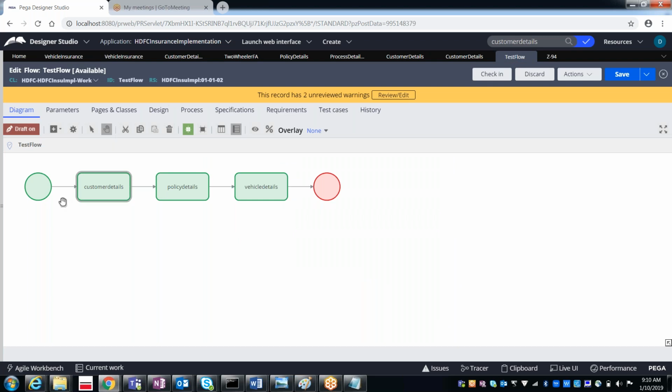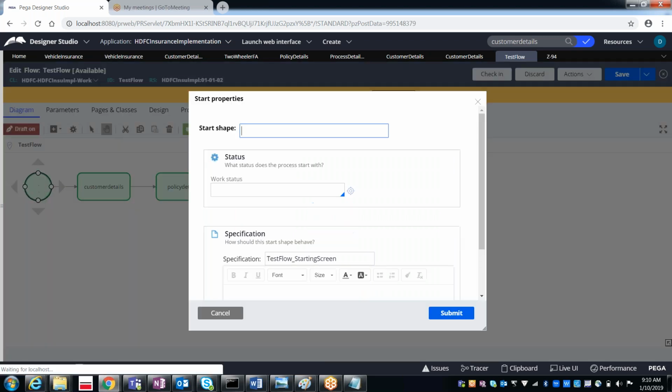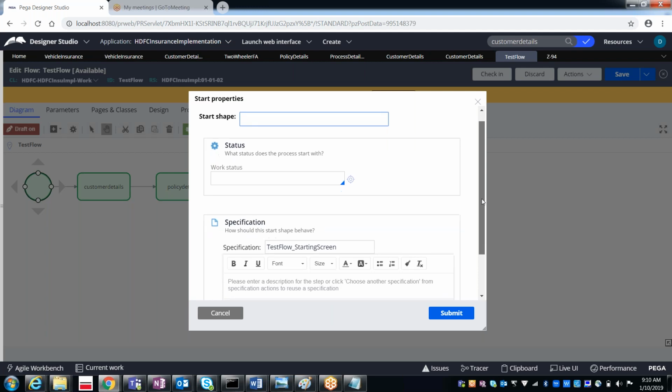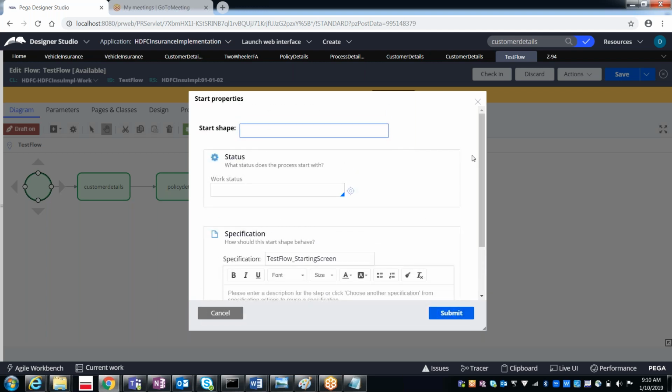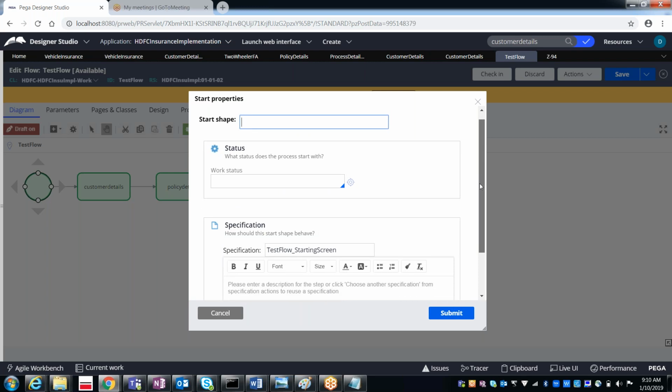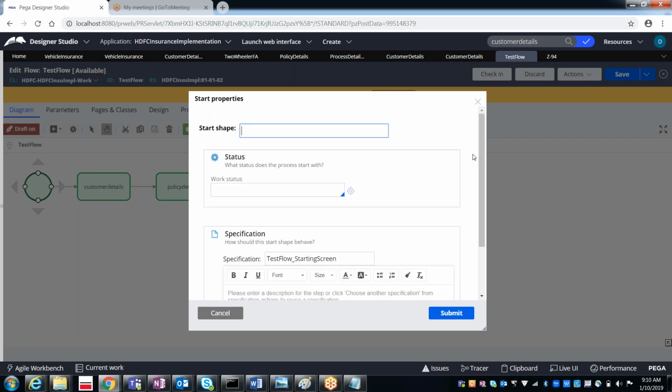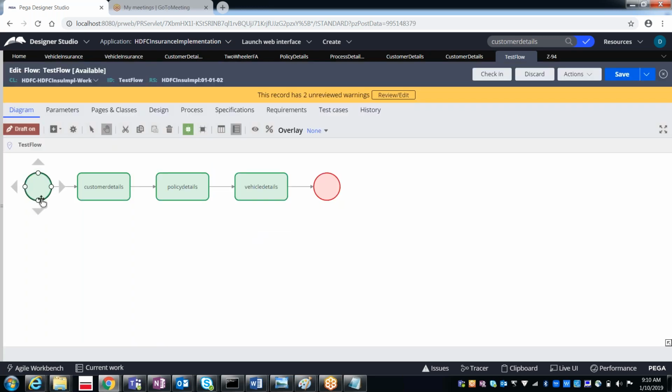And one more thing after the perform. Okay, so even for the start shape, okay, can we select something? Do we have the option to select the harnesses? No, right? Why? Because at this moment we don't have anything to display.